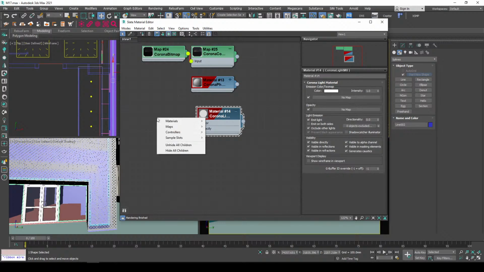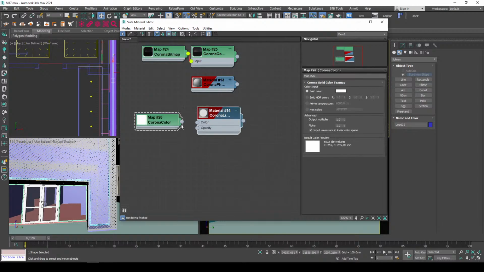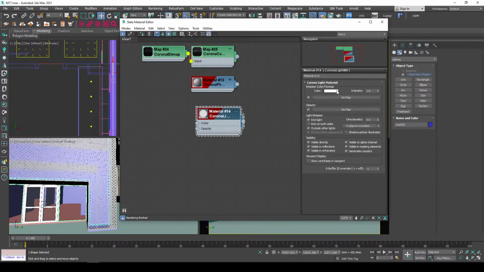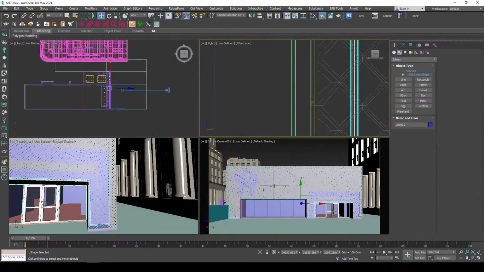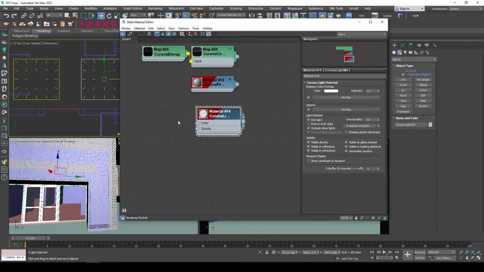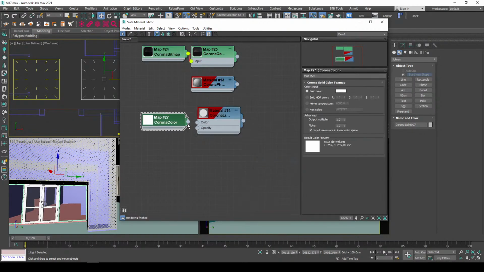Normally, I would usually make use of the Corona color. Yeah, we see the same thing though. But instead of having a complicated setup, we can just make use of the color. I think this light is just plain white. If it is just plain white, we'll make use of the Corona color so I can use the Kelvin temperature